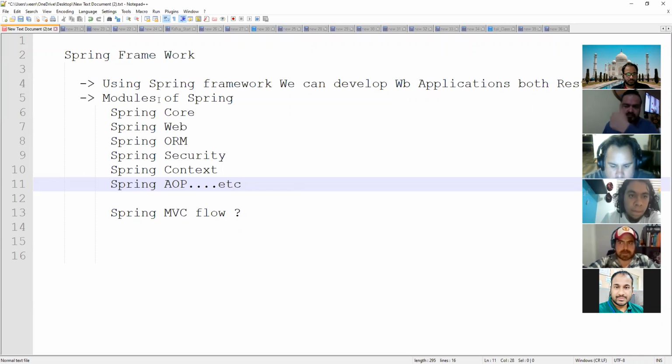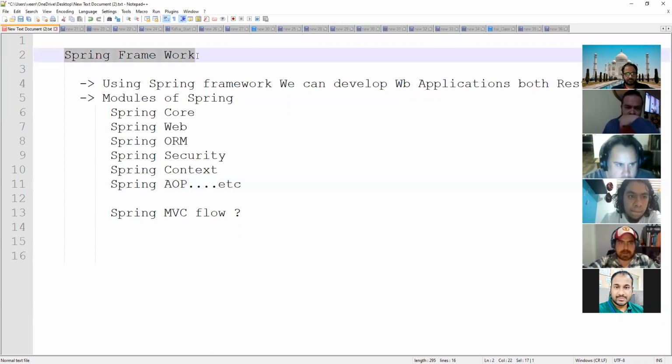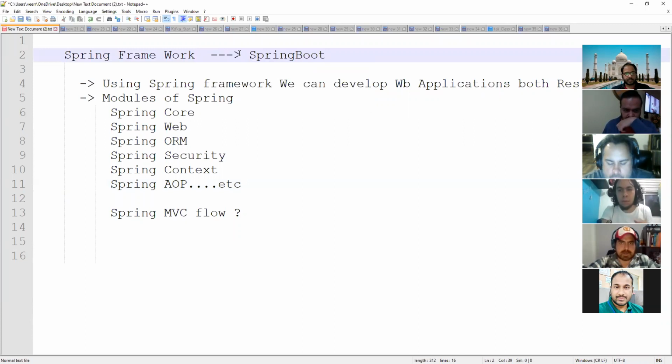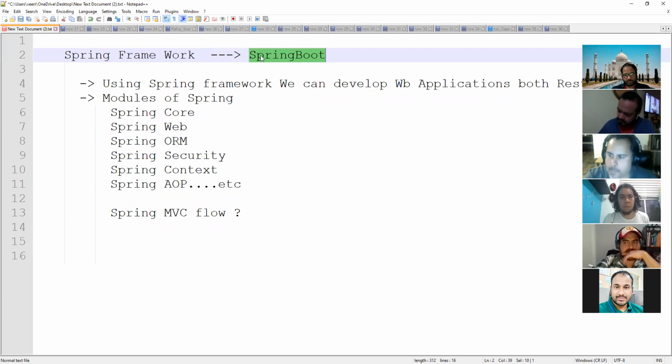Fine. So Spring Framework. Spring Boot is one module within the Spring Framework. So Spring Boot is also related to Spring only.